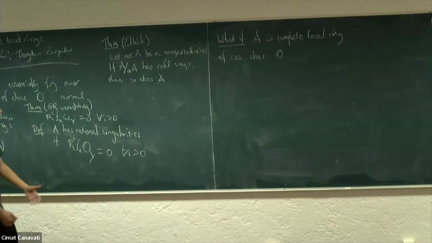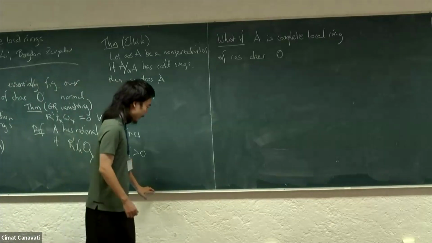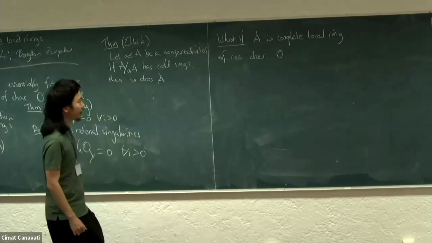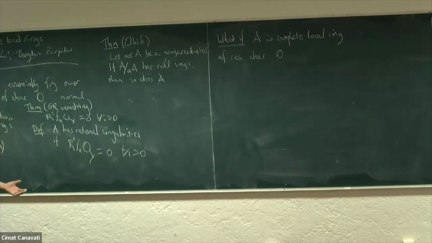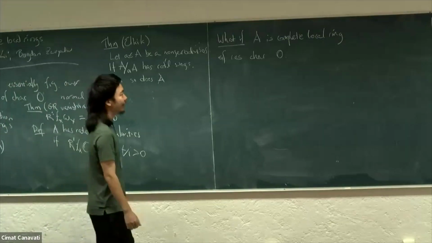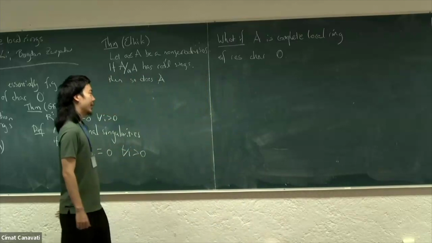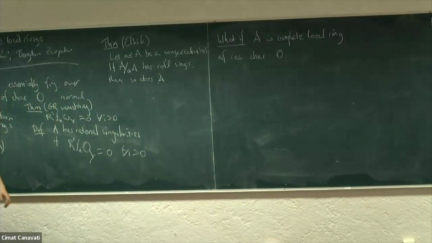And there are also other situations. For example, we consider the chain conditions on log canonical thresholds, or some others like uniform type results that concern the ascending chain condition or uniform boundedness. You want to have some result over complete local rings. And not to mention that they're just natural objects by themselves.